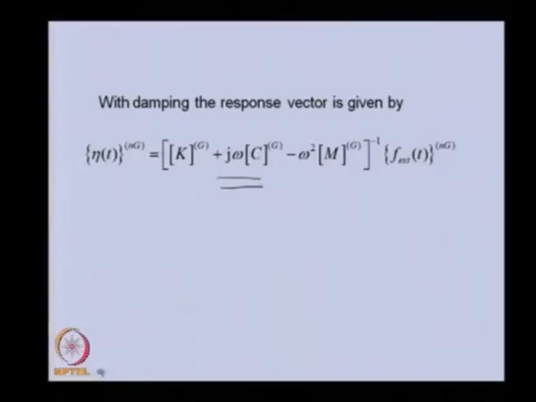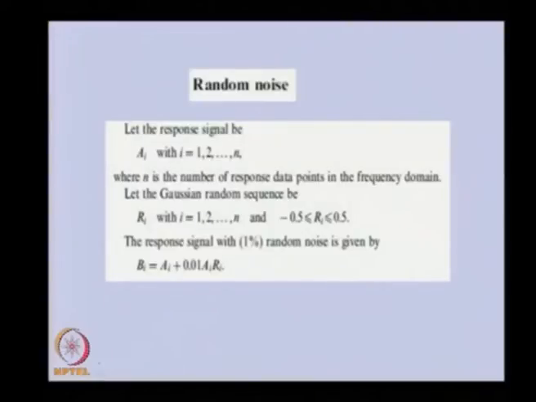Now, the response we are simulating from the numerical model will not have any noise, but in an actual test rig when we take the measurement, we will find that there will be measurement noise. To mimic that, we are adding random noise into the numerically generated response, which will be used for estimation of the residual unbalance. So, this is the procedure in which we have added the random noise.